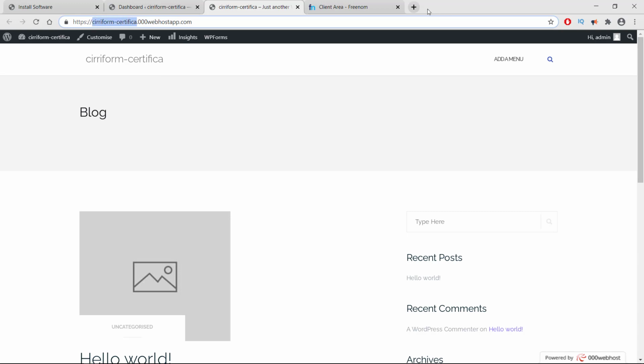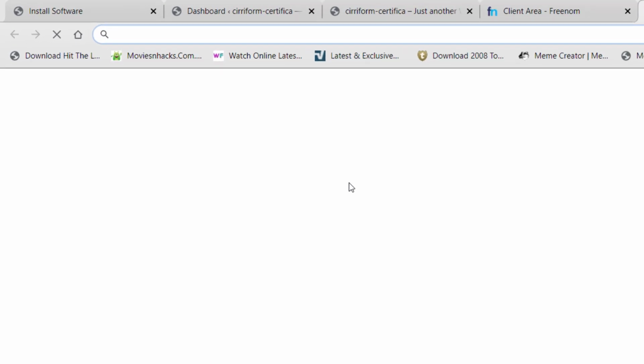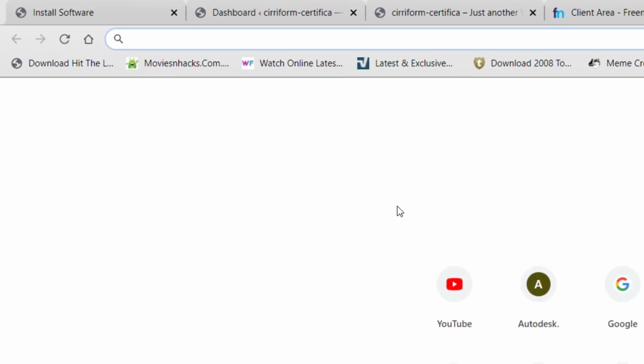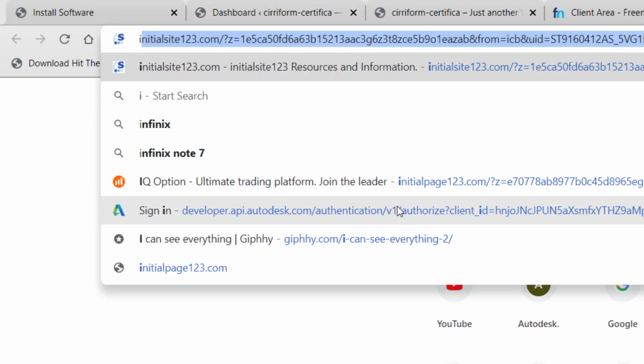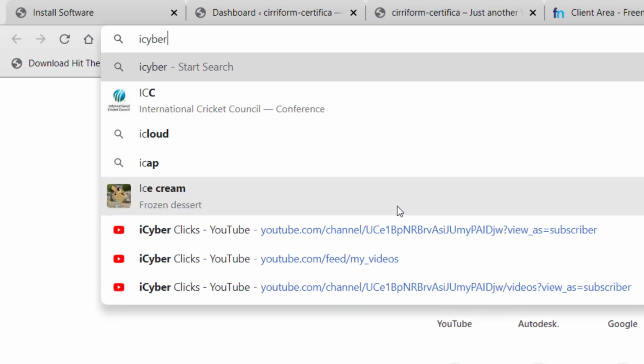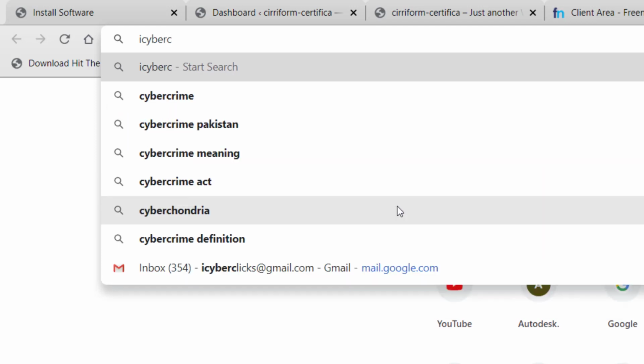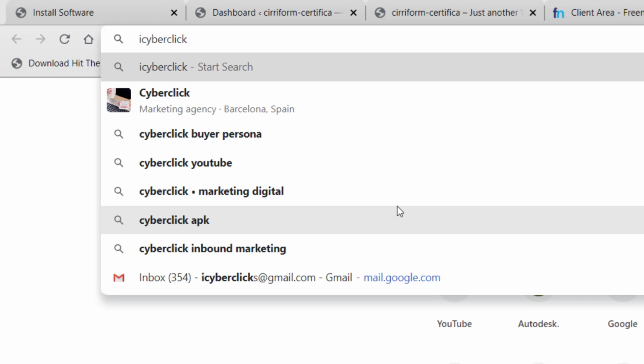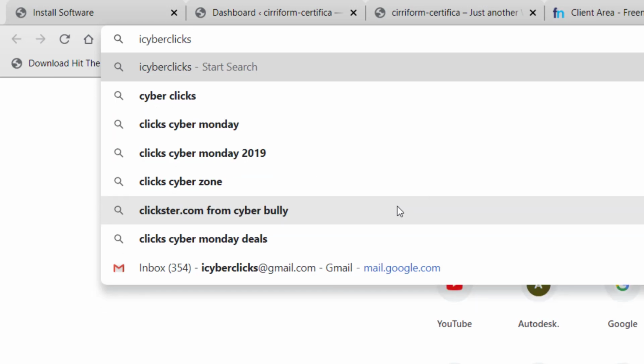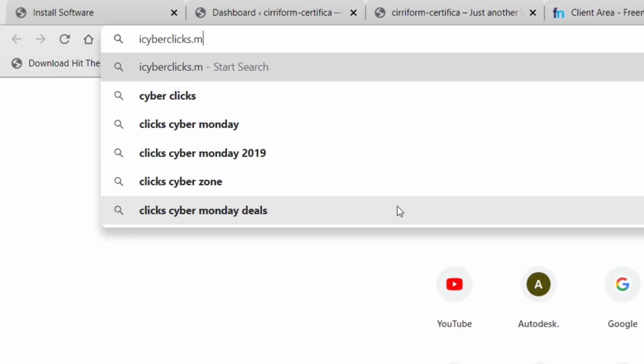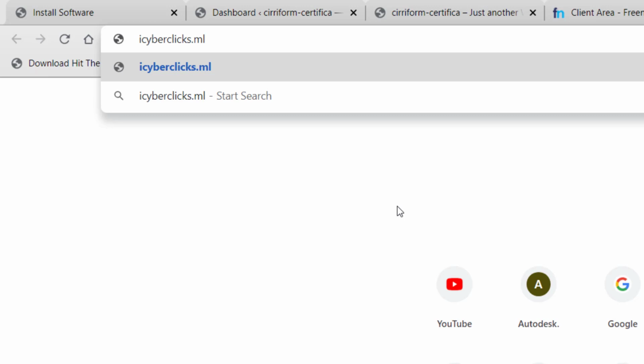So I'm going to open a new tab, and here I'm typing iCyber, the URL that I have set up before, clicks, and I'm going to select .ml that we have set up before, and then /wp-admin.